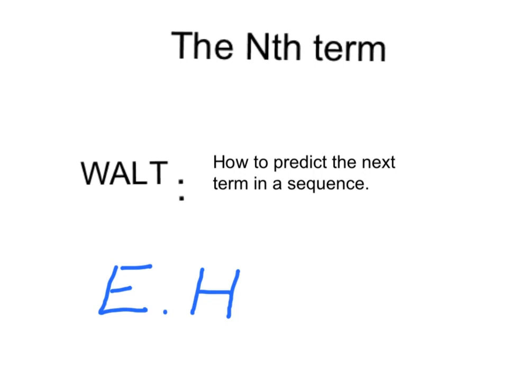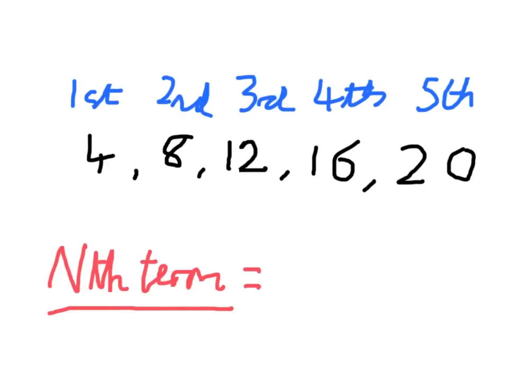Today we're going to be doing the nth term, and we're going to be learning how to predict the next term in a sequence. In this sequence, it goes up by 4 each time. So we write 4n each time. In this sequence, the nth term is 4n, as the term and the sequence match perfectly, as 1 times 4 is 4 and 2 times 4 is 8. So here's our answer,